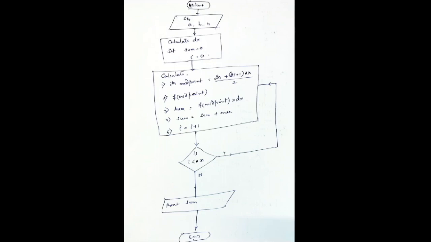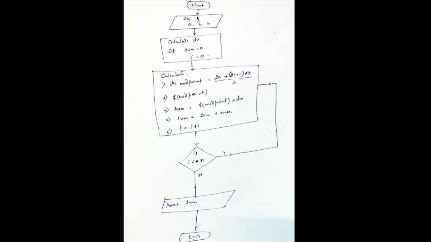The first is the start symbol. The start symbol looks somewhat like this, a hybrid of a trapezoid and oval. Every symbol has a different meaning. This is a parallelogram, this is a rectangle, this is a diamond. You can just Google and get the chart. Generally the start and end are limiters of the programs, two limits, so they are represented in this way.